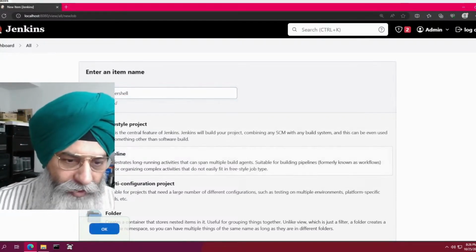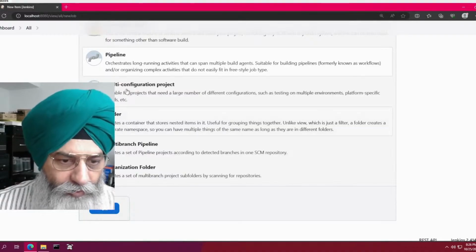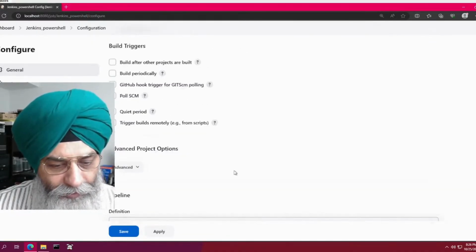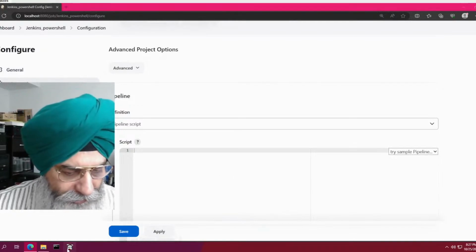So it was a pipeline, and from there we will go for declarative syntax, right? We have kept it so simple that